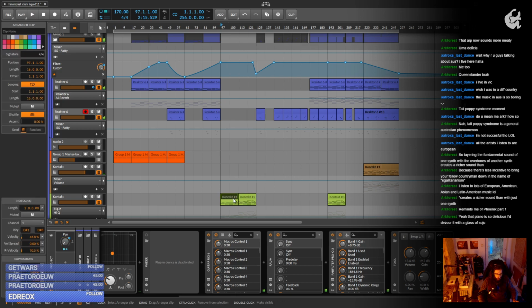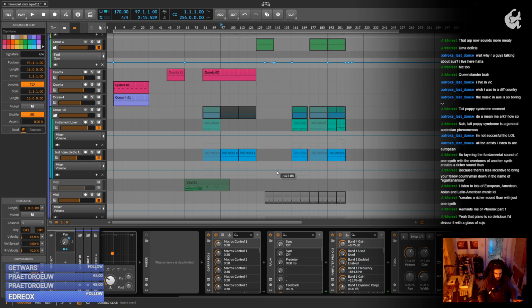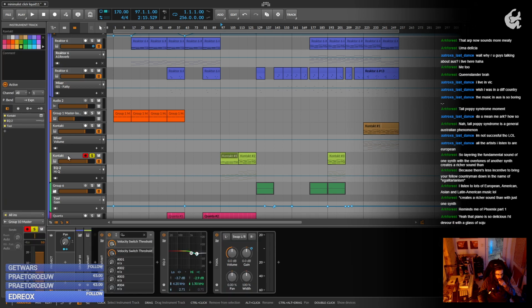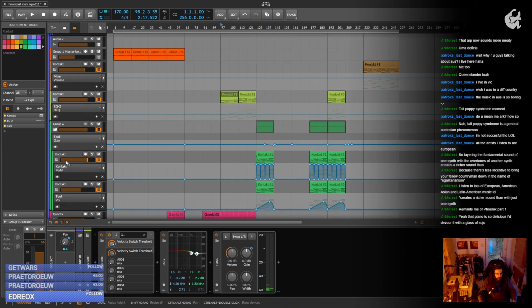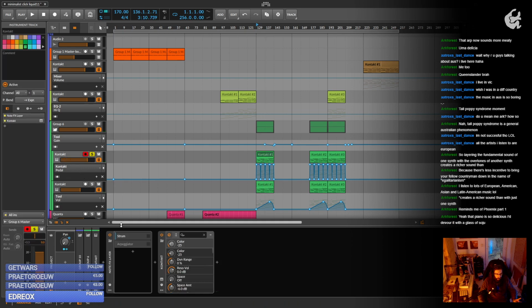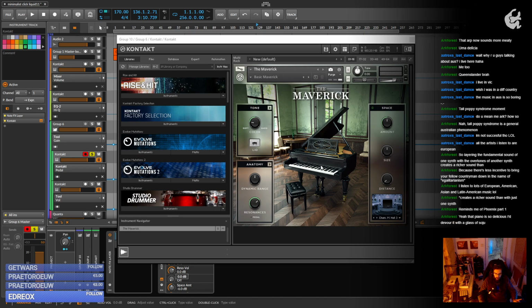Piano, I'm not even sure I layered this. I think it's just basic Kontakt over there. Oop, that's my orchestra, never mind. Oh yeah, I did do some layering, but actually this is just Maverick. I just closed the lid, so this